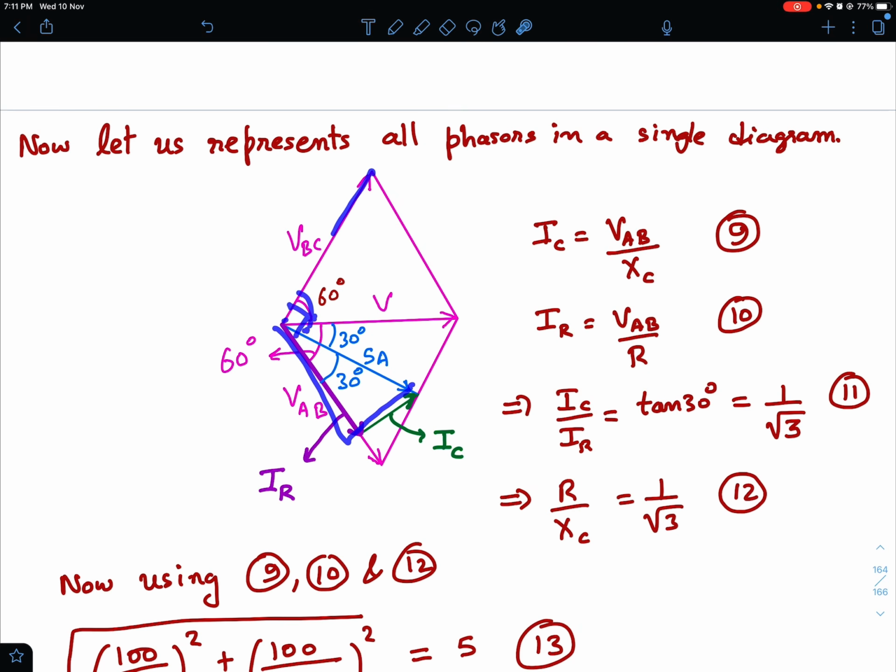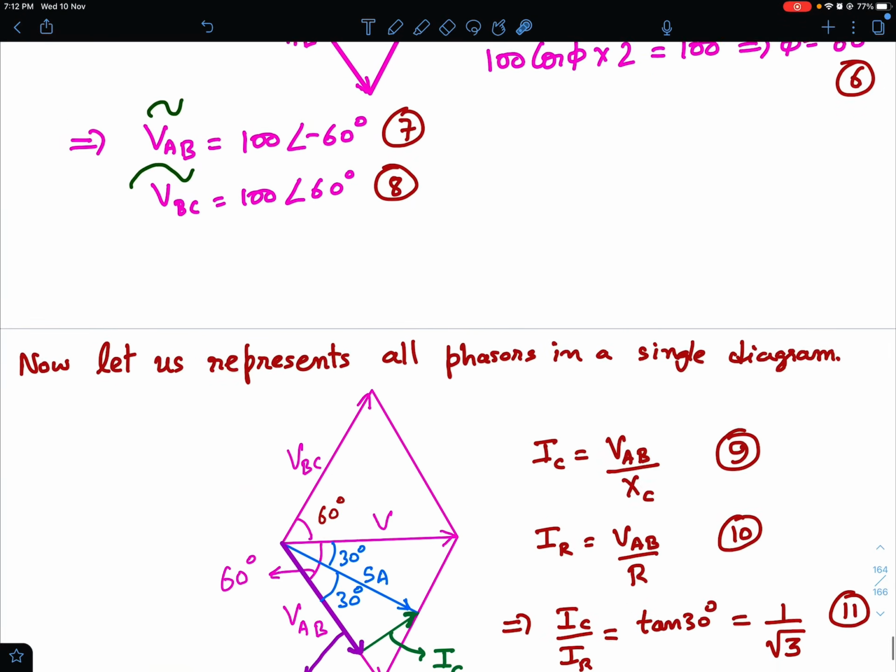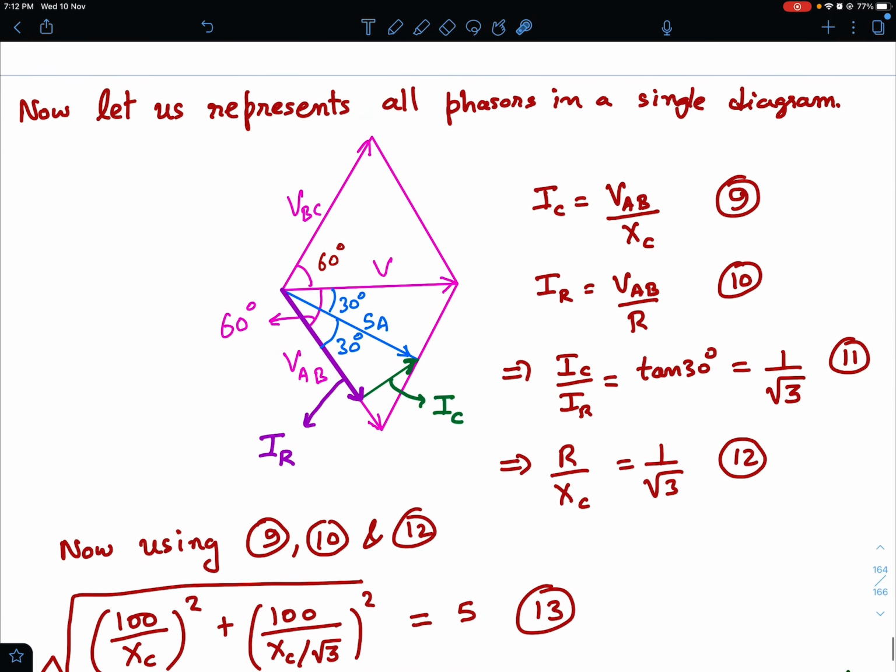And their sum, you can see, if this angle is 60 degree and this whole angle is 90 degree, that means this angle must be 30 degree and this angle is also 30 degree. Simple geometry, okay, fine. And now what about current in the capacitor? You know that current is nothing but voltage divided by the reactance, okay. So IC is like this. IC is VAB divided by XC. VAB is this voltage. So this divided by XC is this current, right? And similarly VAB divided by this resistance is this current, and their vector sum is the total current, which is 5 ampere, right? So that's what I've done.